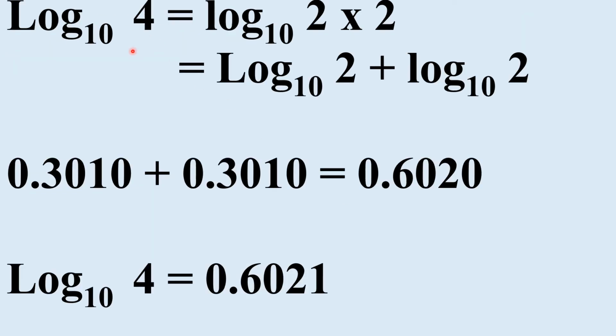If you remember the value of log 2, you can find out the value of log 4 without using the logbook also. Log 4 can be written as log 2 into 2. This log 2 into 2 is in the form of log xy. So log xy is equal to log x plus log y. So log 2 into 2 can be written as log 2 plus log 2. The value of log 2, you should remember, is 0.3010, plus another log 2, 0.3010, that is equal to 0.6020. Through the book, if you find out, log 4 is equal to 0.6021. The difference between these two is negligible.